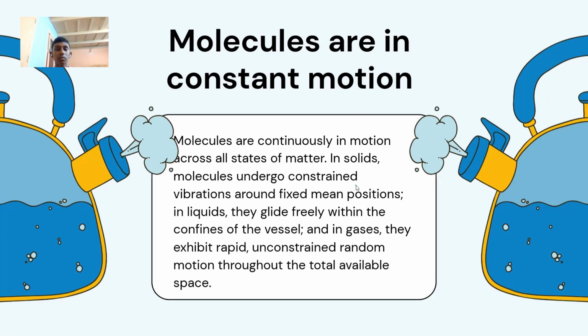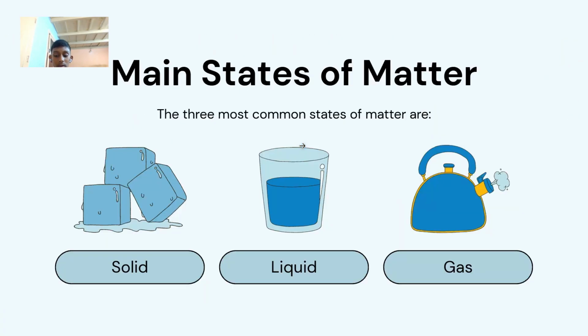Molecules are in constant motion. Molecules undergo constrained vibrations in solids and are fixed in their mean positions. In liquids, they glide freely within the confines of the vessel. In gas, they exhibit rapid, random motion throughout the total available space. Let's go to the last point. Now, let's go to